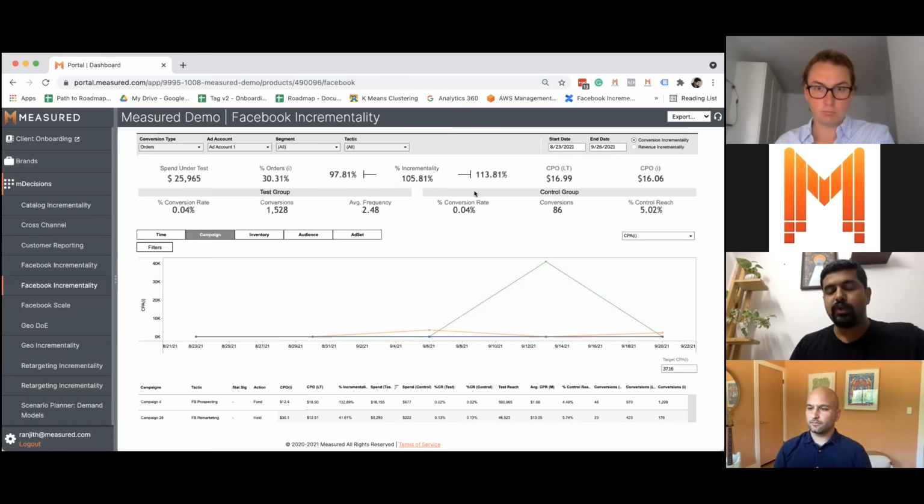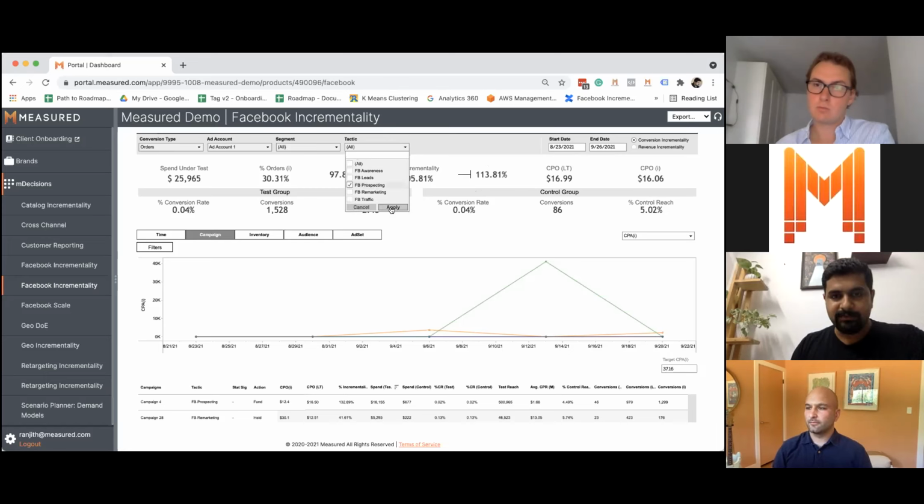So when you do a geo experiment and measure the impact of your experiment on your source of truth data, you can get insights beyond what is reported on Facebook, right? In this example, what you're seeing is that Facebook advertising is contributing more than what the Facebook platform is reporting, right? Let's slice this data. Let's get into some details.